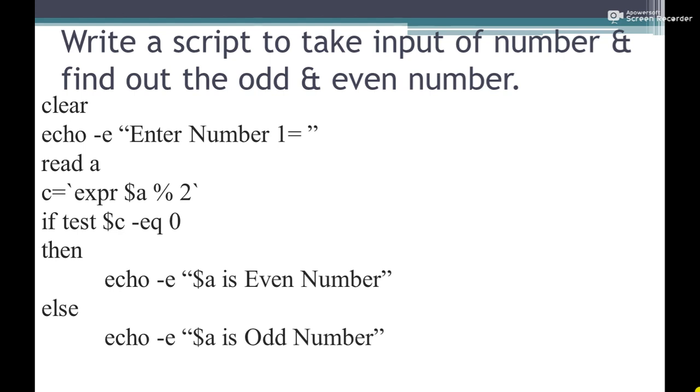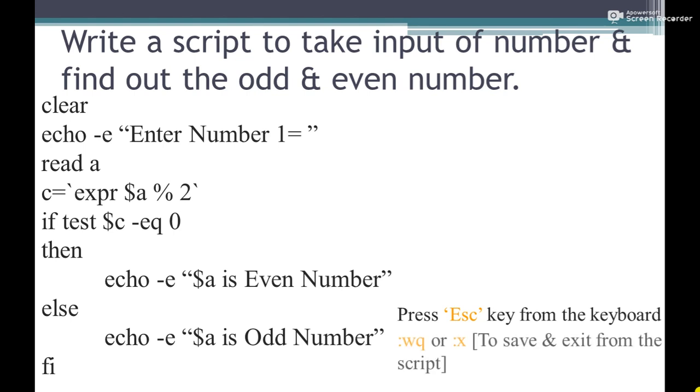Once we complete our if, we close it with fi, and once we complete our script, we exit from the insert mode. To exit the insert mode, we press the escape key, and we save our script and exit from the Vim editor.